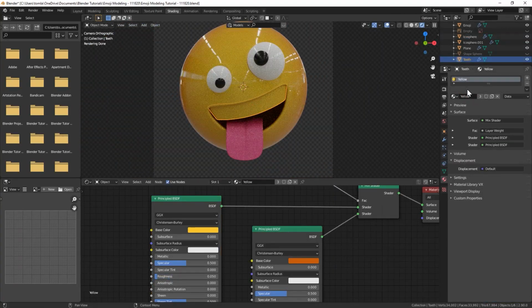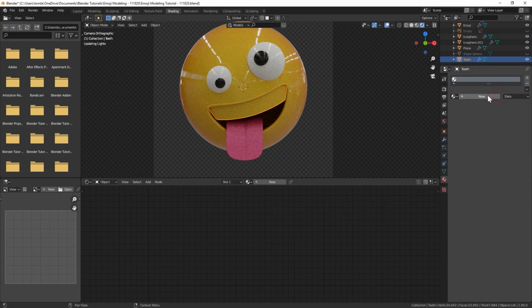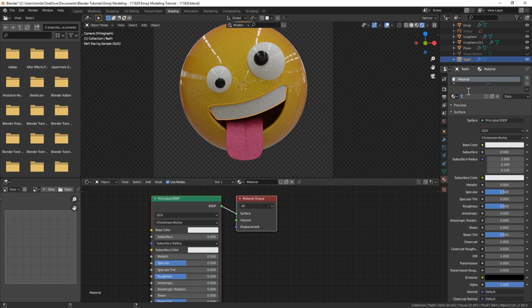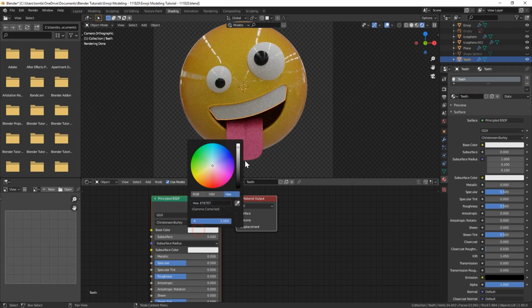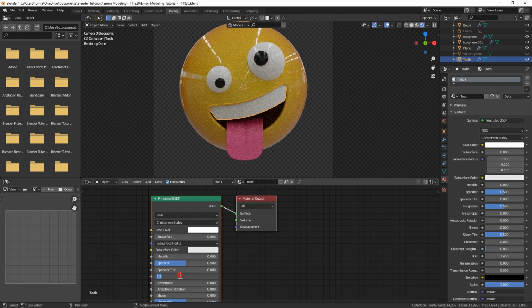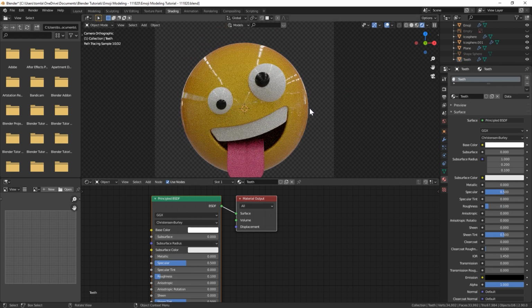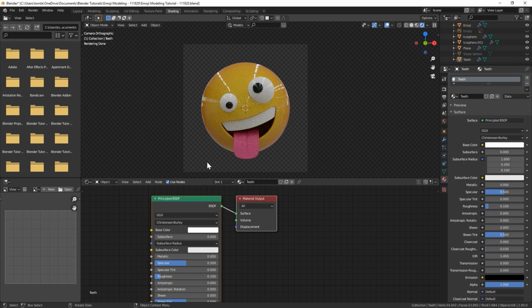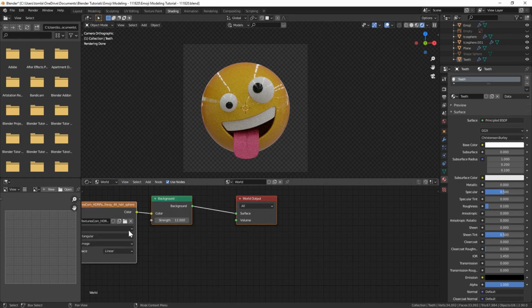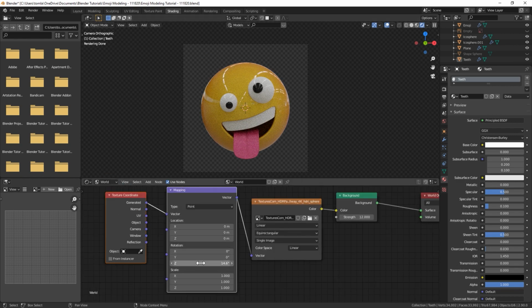And the last one's going to be our teeth. So let's remove that, create a new one, teeth, and that will just also be pure white. And let's do like a 0.1 for that. It's probably the same as the eye, honestly. And that is the materials. I'm also just going to rotate that just so we get some